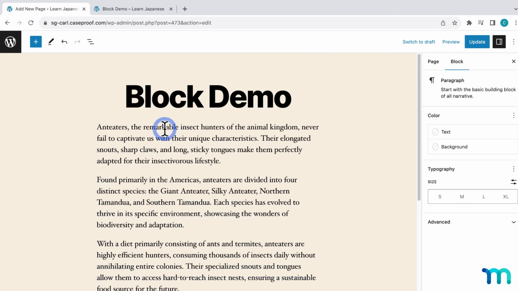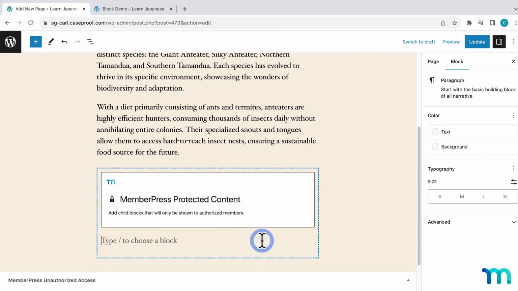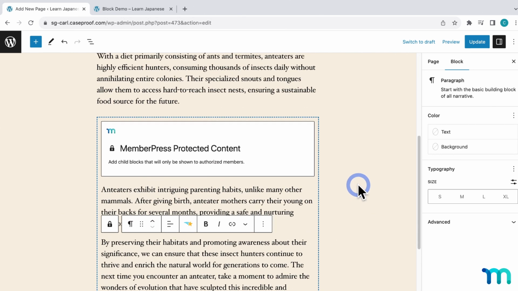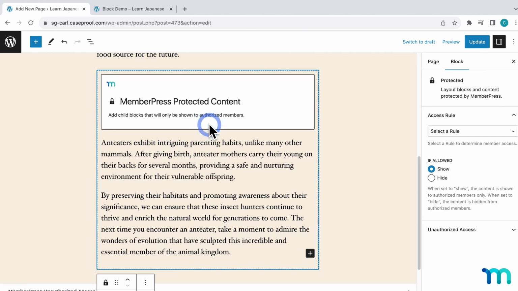And then I can protect the second half of the article so only members can see it. You can click here to insert whatever type of block that you want inside of it. So in my case, a paragraph block. And then I'll paste the rest of my article. Now with this protected block selected,